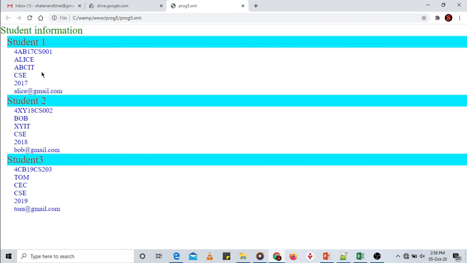As we discussed earlier, XML has nothing to do with displaying the contents. XML is only concerned with storing and transporting the data. In this example, we are not transporting the data, we are just demonstrating how to organize the data in XML and display it by applying some CSS to it. So that is your experiment number 5. We learned what XML is, how to create an XML document, what a prologue is, what the difference is between XML and HTML, and how to apply CSS to an XML document.